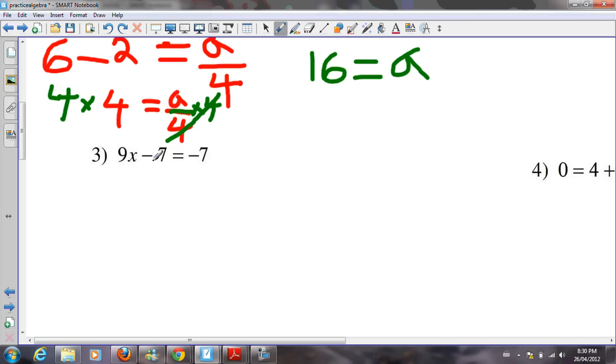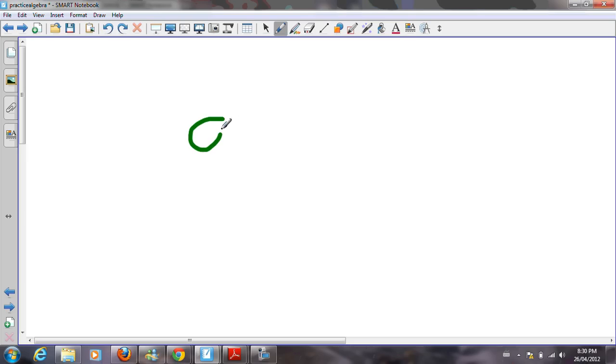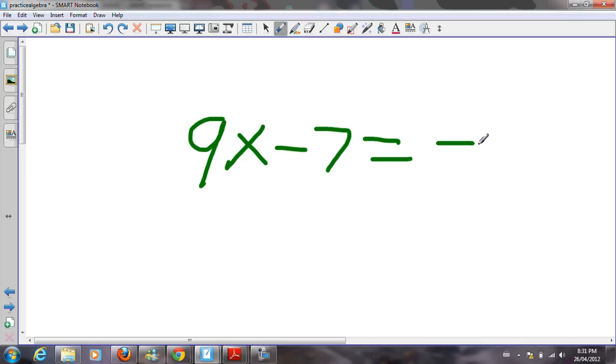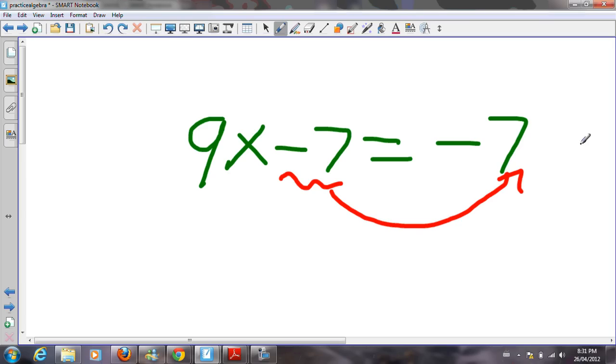Looking down here at this one, and maybe I'll do him on a separate page again. 9x take away 7 equals, and just to double check, 9x take away 7 equals negative 7. So remember, the first step always is to deal with the thing that's not connected to the x first. In this case, it's the minus, or to take away 7. So I'm going to shift him over to the other side, and he's going to become plus 7 because he switches signs. So we're left with 9x all by himself